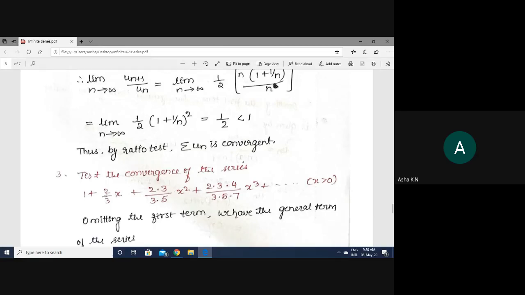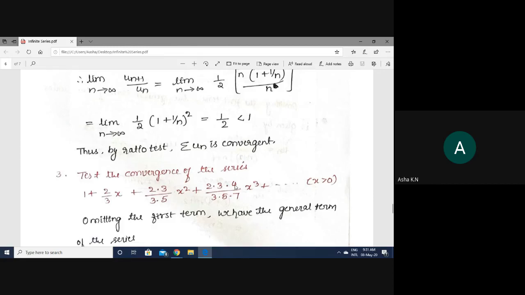Now, first term you have 2. It is starting from 2. Second term, 2 is also there. We have starting from 2 up to 3. Third term is 2 into 3 into 4, up to 4. I repeat: first term is starting and ending with 2. Second term is starting with 2 but up to 3. Third term is up to 4.